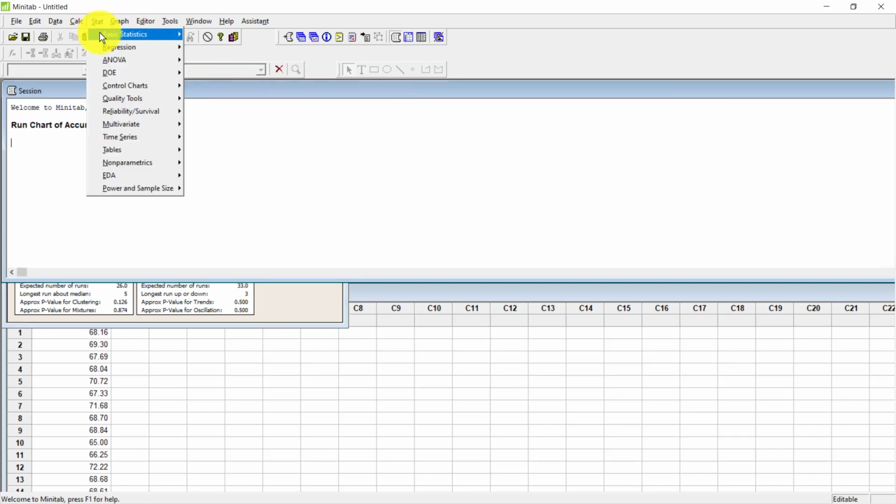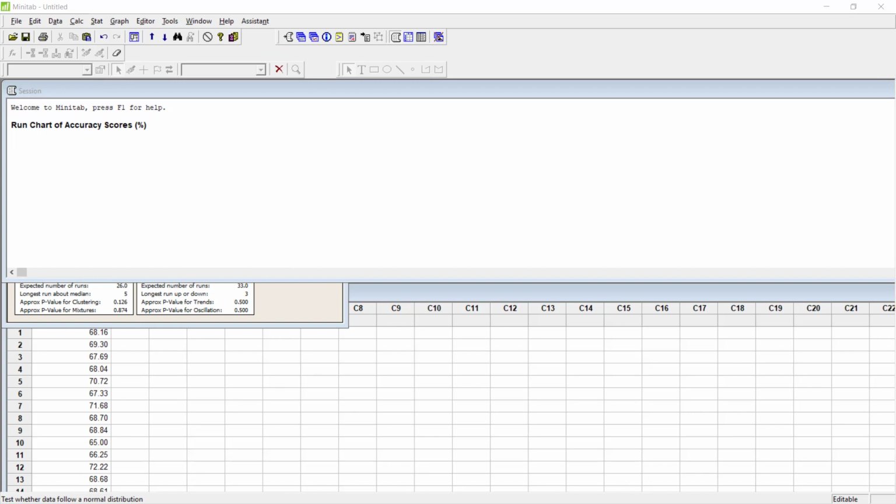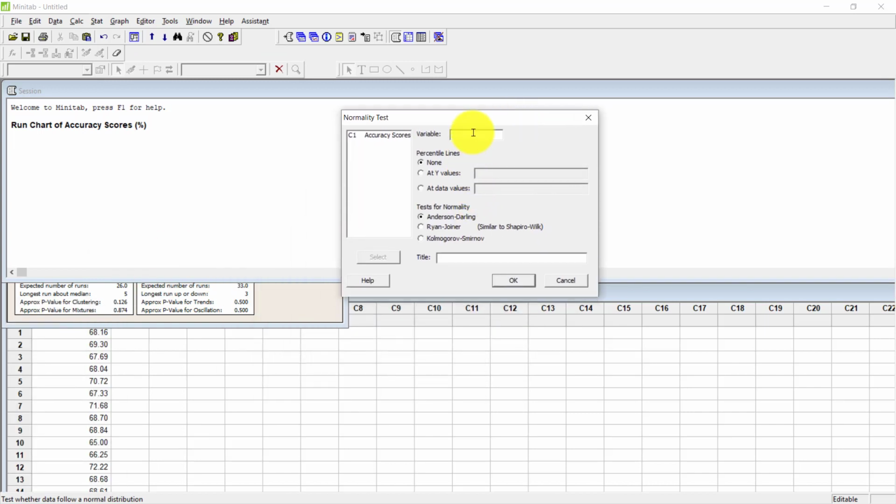Choose Stat, Basic Statistics, Normality Test. In variable, enter accuracy scores. It is confirmed that we are performing the Anderson-Darling normality test because the radio button for this test is selected.